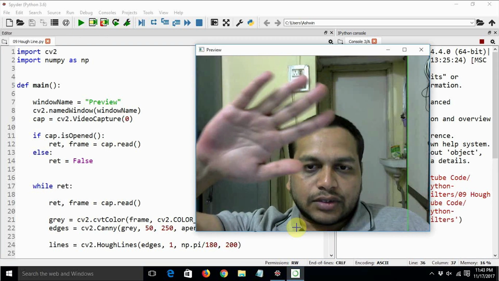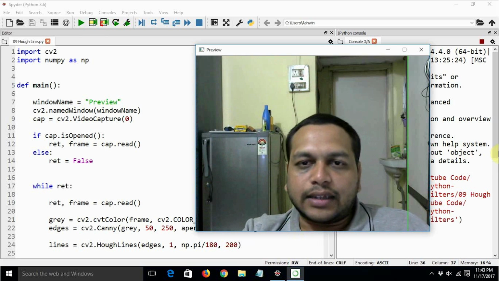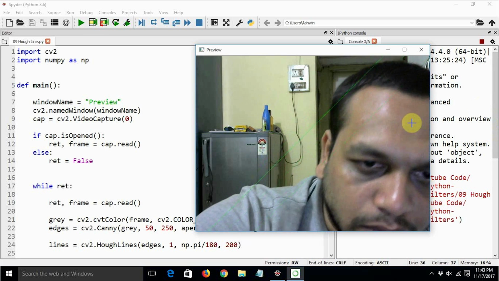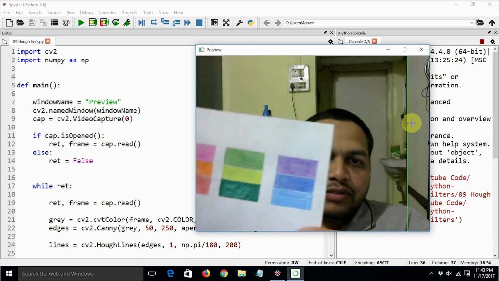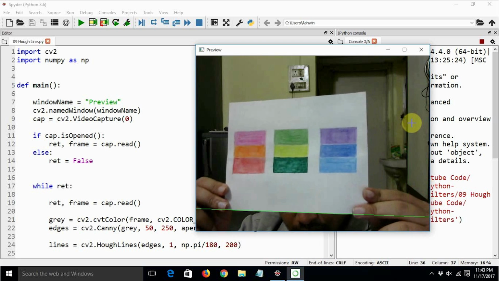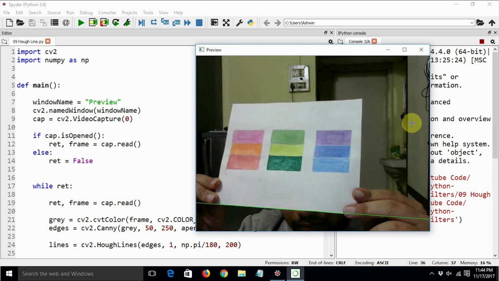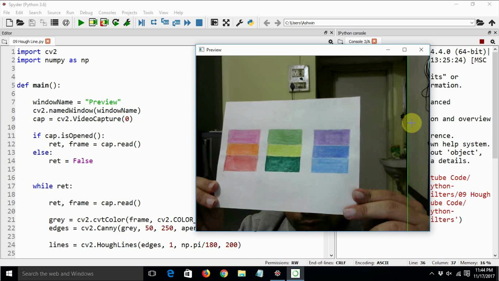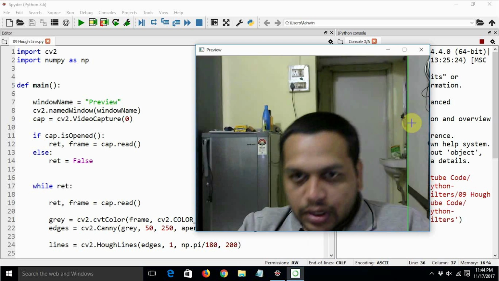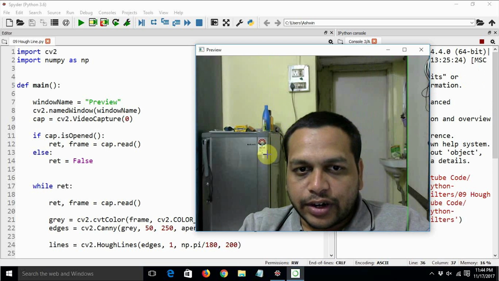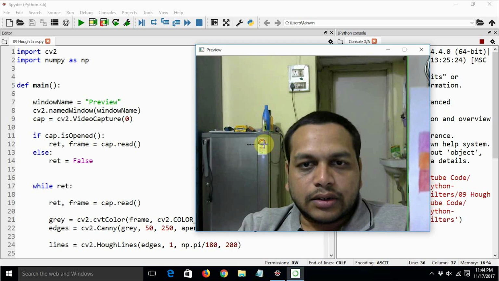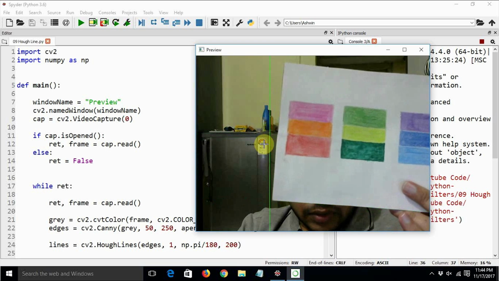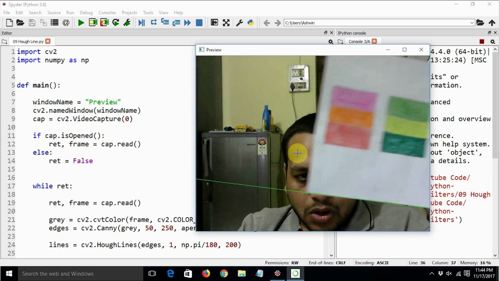Yeah, so I guess we could see actually a single line here. Okay, so let's try to see if it calculates a couple of lines. Yeah, now it is able to calculate one line. Okay, this is for the bottom. This corresponds to the bottom of this card. And the line that you are able to see here, that is my refrigerator. This is the wall. And this is how it is showing the lines, various lines, all the lines.